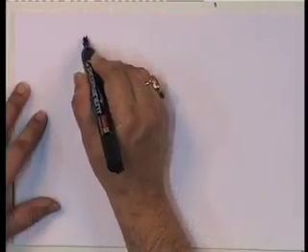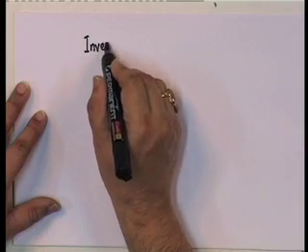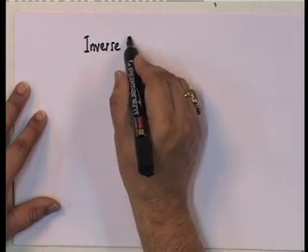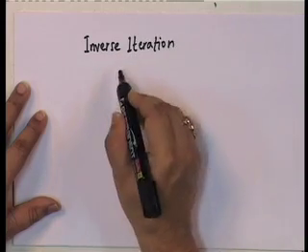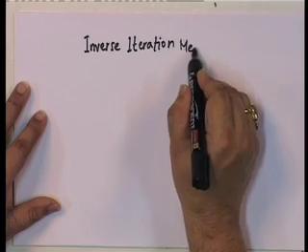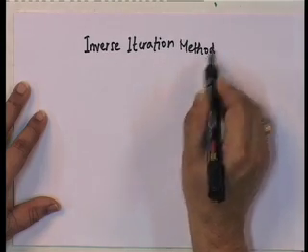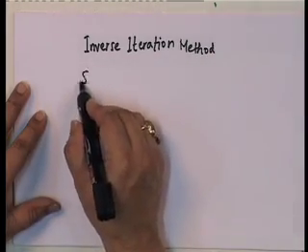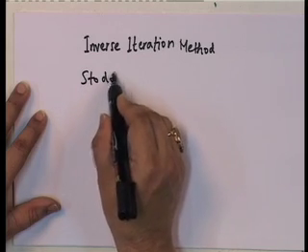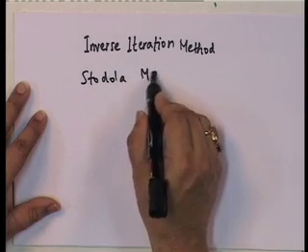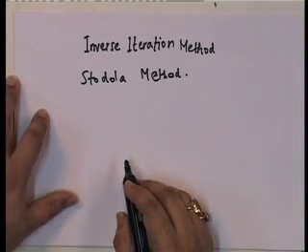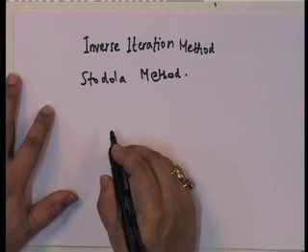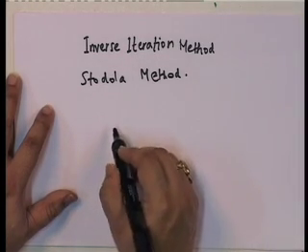And this method is either called the inverse iteration method, or, to give its old name, the Stodola method. Where did this method start? The method started from the fact that if you looked at that,